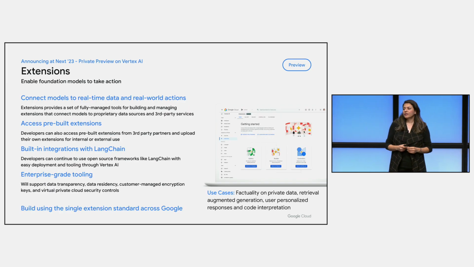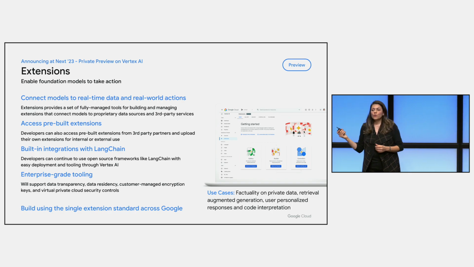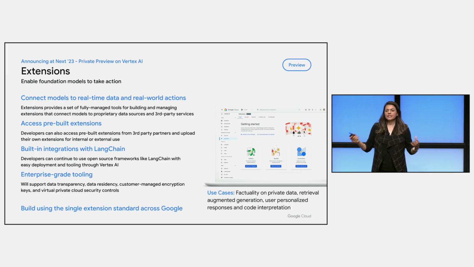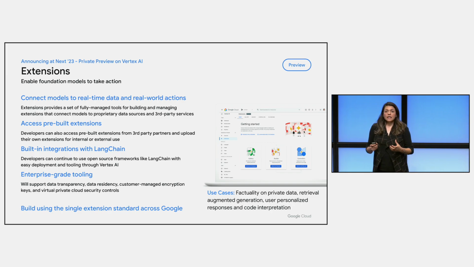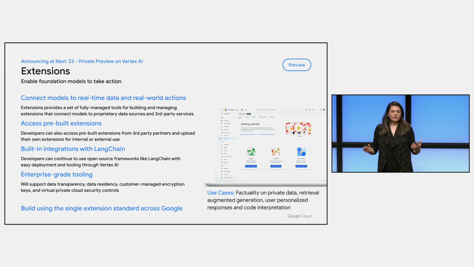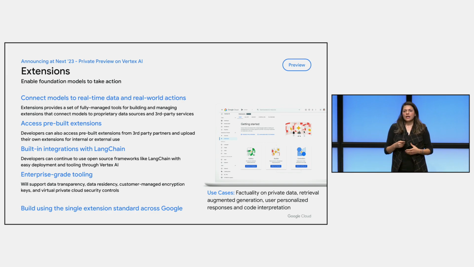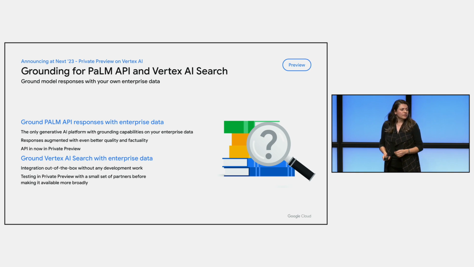Extension. So one of the other things that we hear about LLMs is if they're trained on old data, how we can make sure that they are up to date with the latest data. The other thing is also how you can make API calls, access the data, but not just that, make transactions and do some action. So extension is really, we're starting with some Google extensions to give you access to some of those APIs, but currently this is in private preview, but extensions would be a way for you to build those to your LLM. So it would be an addition to your LLM to access real data and also make transactions.